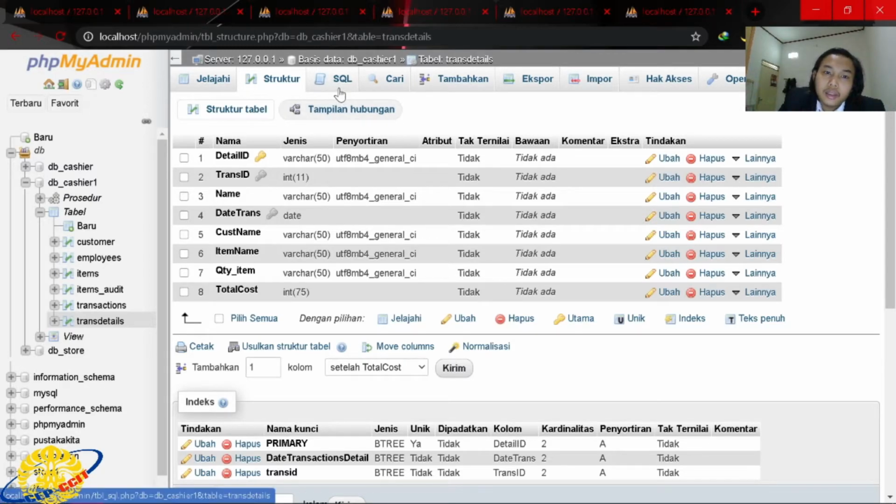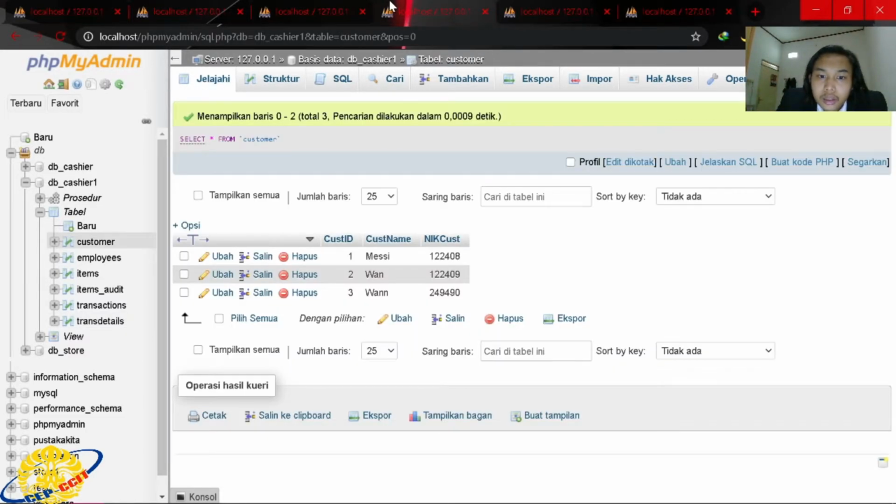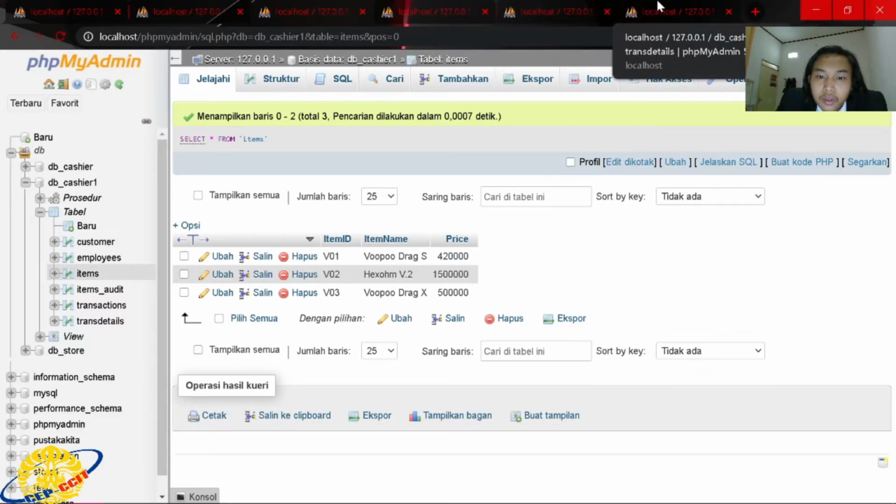And now I will show you the trans detail. Okay, we go to the SQL. Now I will show you insert into trans detail values. The first is D03, the detail ID; the trans ID, foreign key, is 9; and the name of employee, Rizky; and this is the date of transaction, and this is the customer name. Oh, I forgot the quantity item. The quantity item is 1, and the total cost is 500,000.